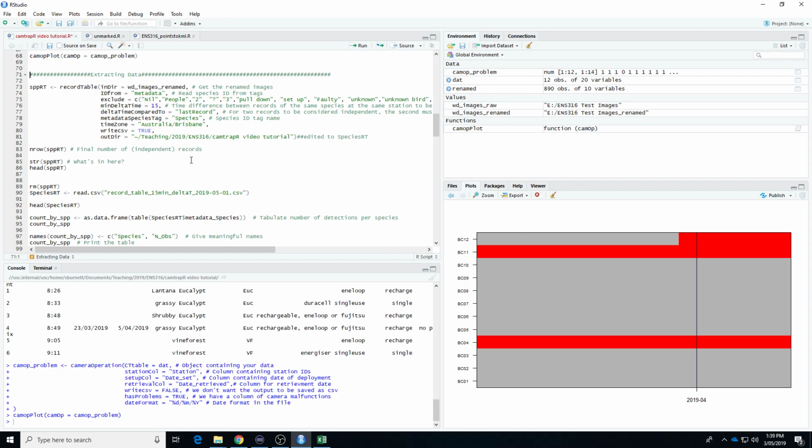This is the second video in the series on using camtrapR. I'm just carrying on directly from the first video, which was about getting set up in camtrapR and getting everything organised so that you can start extracting data. So you see we have our DAT, we have our renamed file path